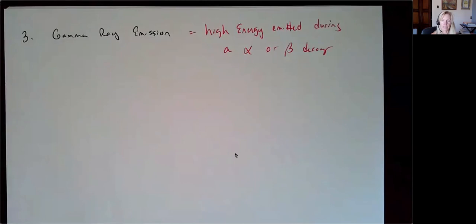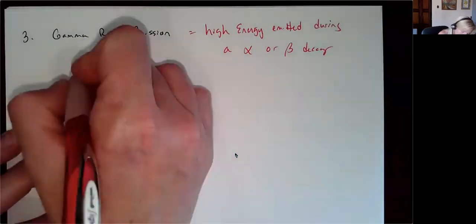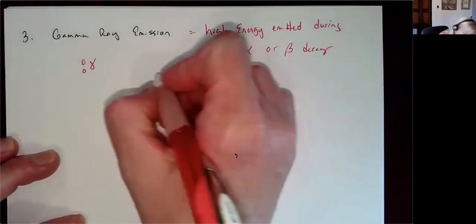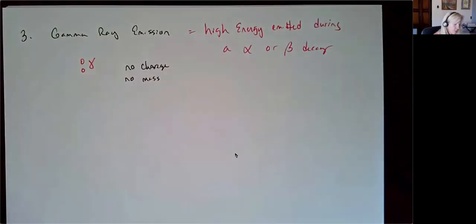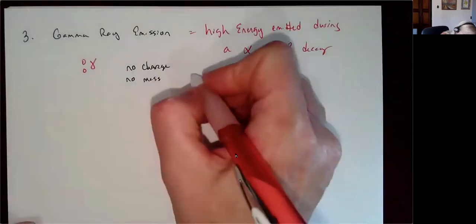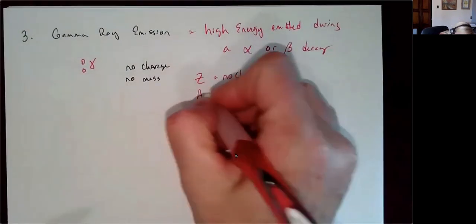You'll have this gamma ray emission, this high energy. And since it doesn't have a mass and it doesn't have a charge, this is going to be our shorthand for a gamma ray. There's no charge, no mass. It's just energy. So because of that, there's no change in my atomic number